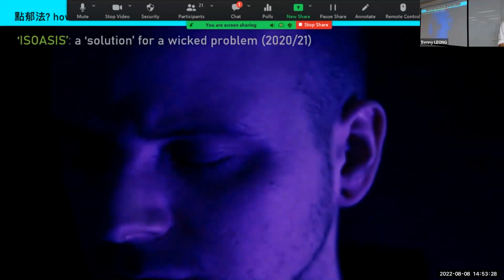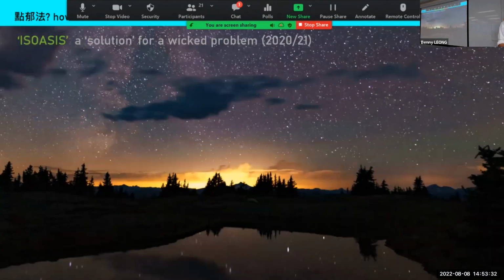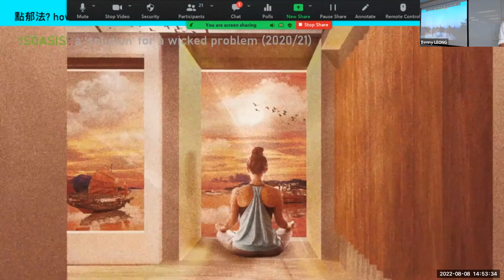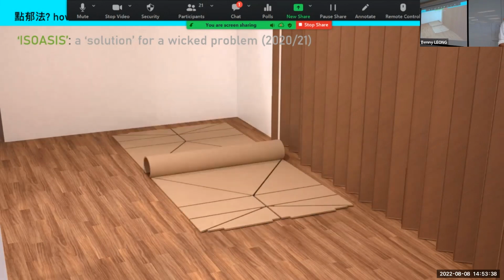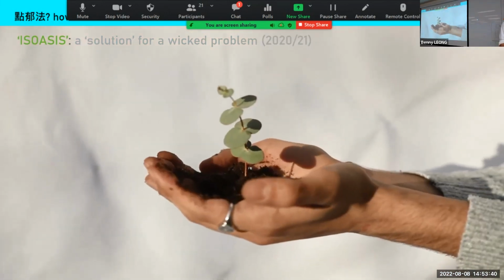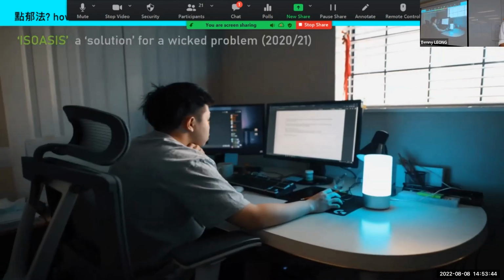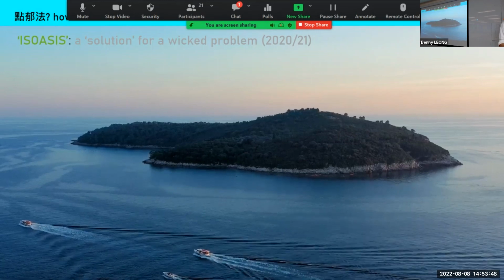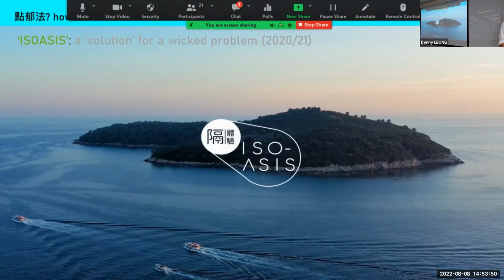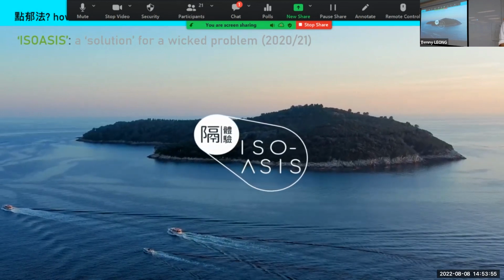Light up your quarantine experience through our design system and experience indoor entertainment like no other. Join us on a journey of reshaping the future of traveling, where we strive to take better care of the environment, of our mental well-being, reconnect with nature, and become a part of a better future. ISOASIS, an oasis in isolation.